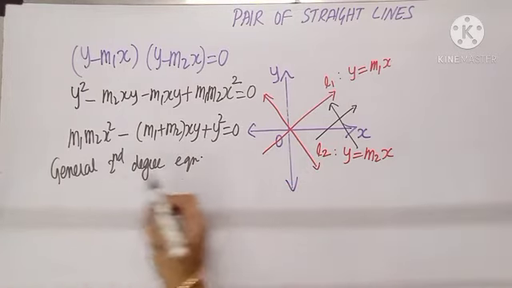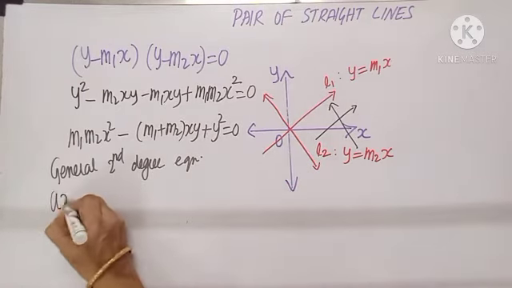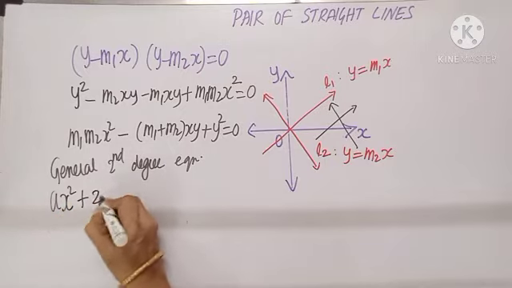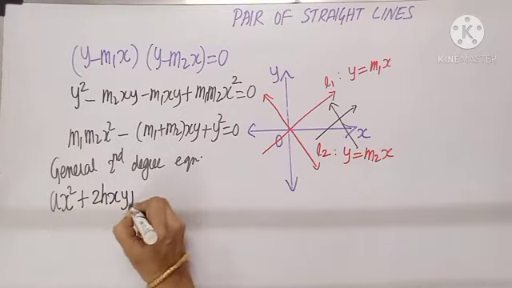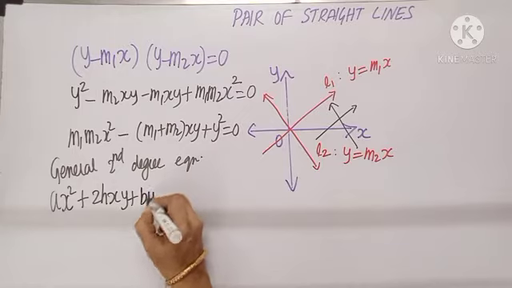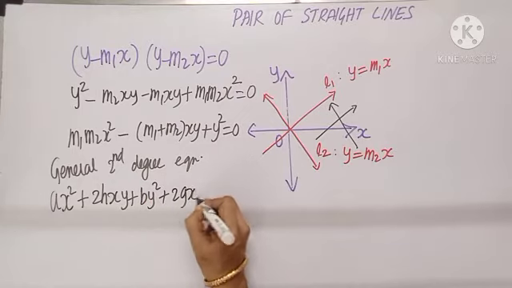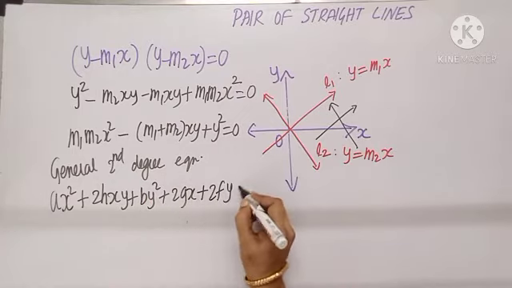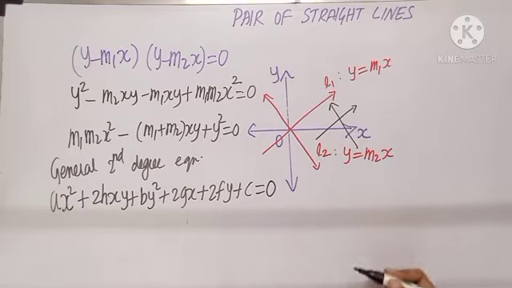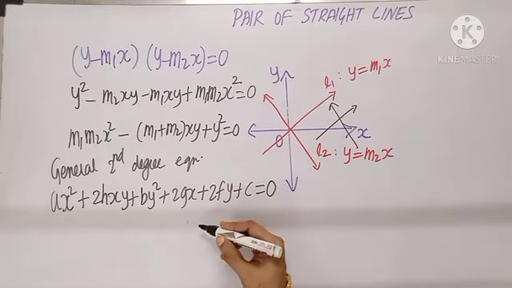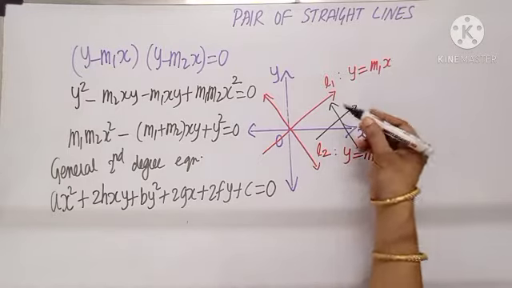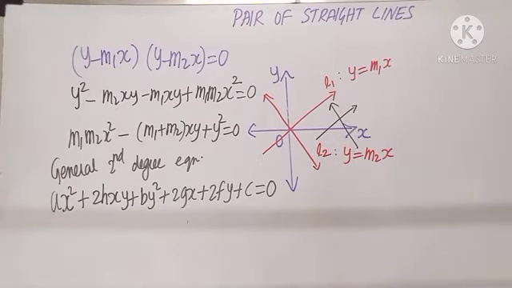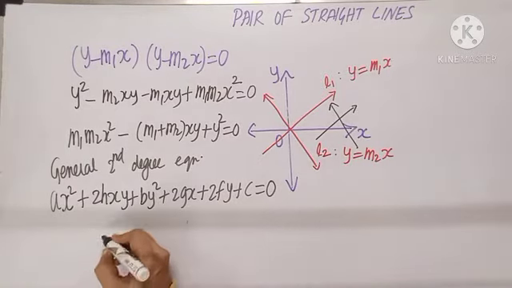So let us remember the general second degree equation: ax square plus 2hxy plus by square plus 2gx plus 2fy plus c equals to 0. This will represent a pair of straight lines if it satisfies a condition, say